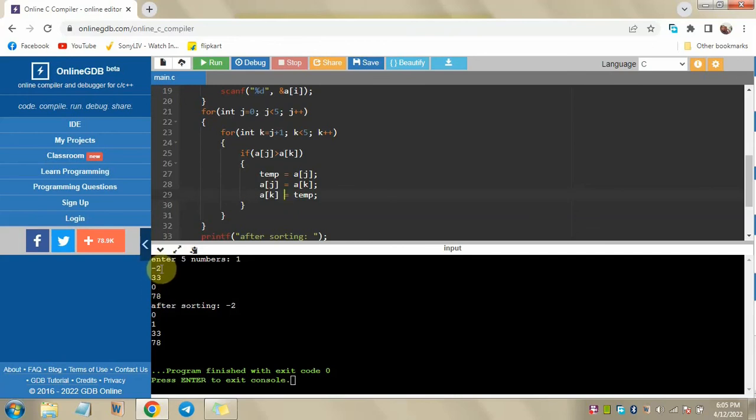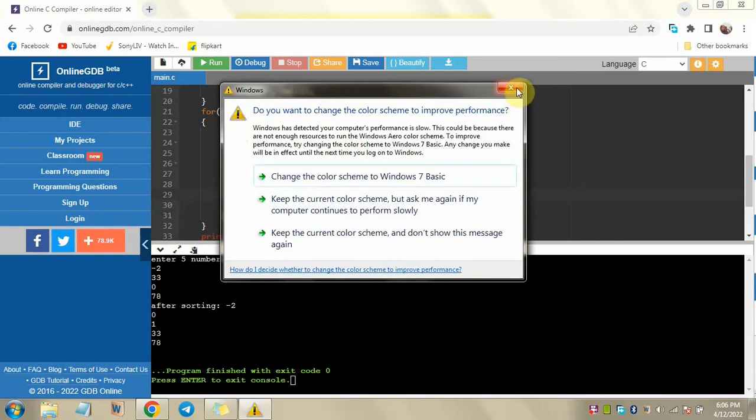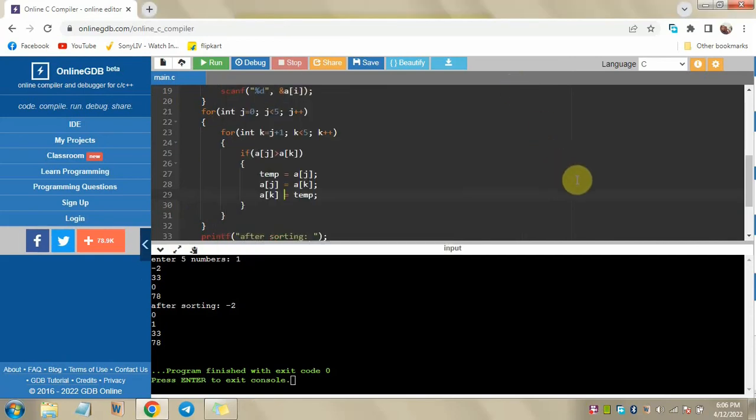This number will not be -2, it will be 1 in our case, because we have run the inner loop once, right? It will check with the other numbers if it is the lowest. If it is not the lowest, then the other number which is lowest will go to this position. In this way, the outer loop continues. So hopefully you have understood how this works.